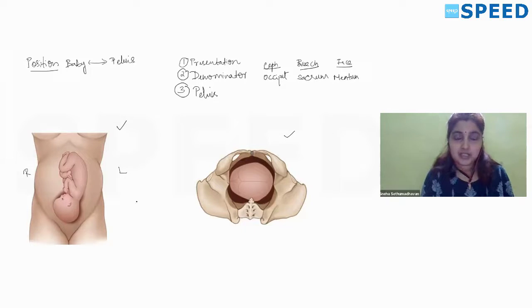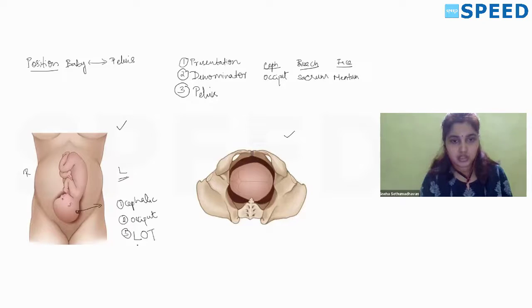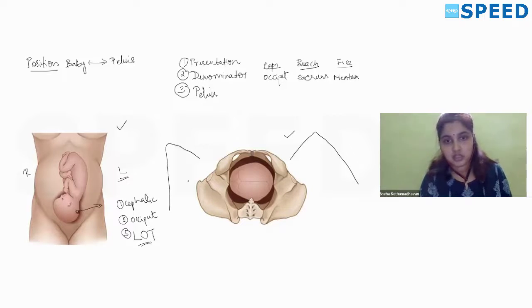So first, let us look at the approach. First, presentation will be cephalic. So the denominator in this case will be occiput, and see where the occiput is located compared to the mother's body. The occiput is located transversely towards the mother's left side. So here the position will be left occiput transverse. The same image if you see from the foot end, this is how you orient if these will be the mother's legs. Okay.